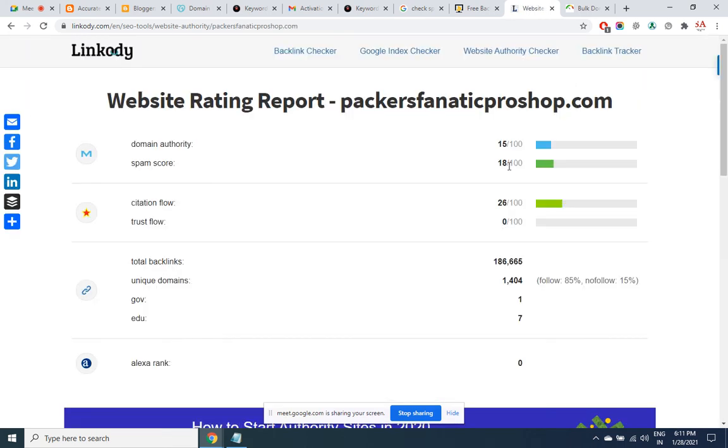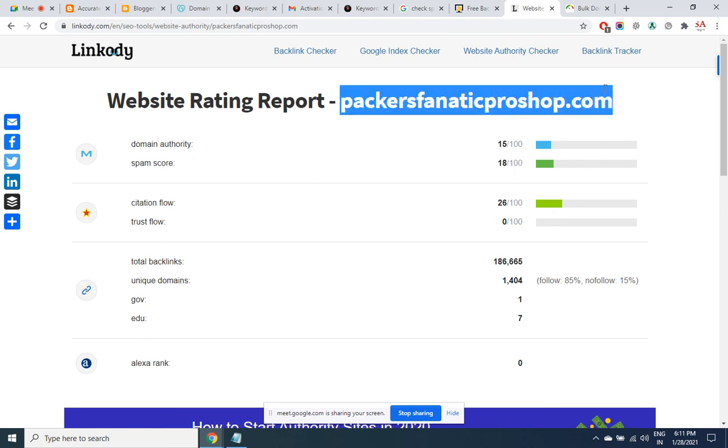Spam score of 18. Okay, no issues. It is still green. But the lower this figure is, the better. That much safer side we are. There's a lot of SEO done on this domain, but this address may not speak about your business because this is an e-commerce topic. So you've got to dig here.